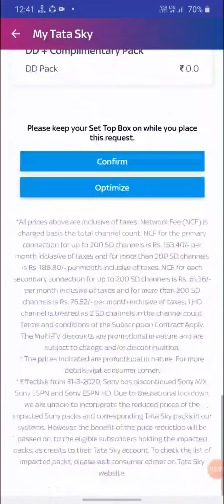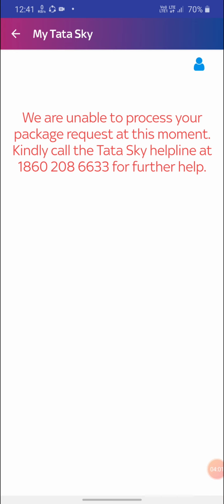So what we need to do is confirm it. This comes like this only because I have already opted in the morning itself, and once it has happened, it can't happen one more time. So tonight, by 12 o'clock, we need to remove these channels, or else 15 rupees per day will be deducted if we don't remove them.